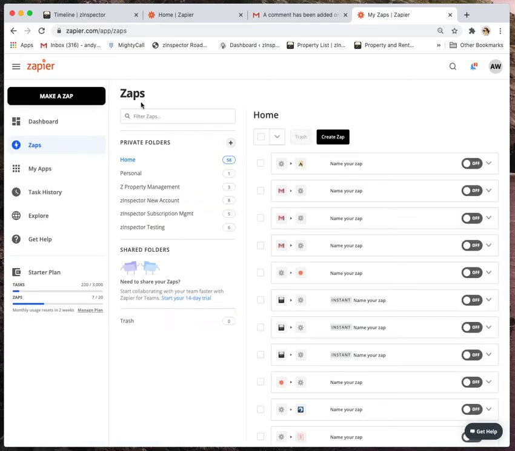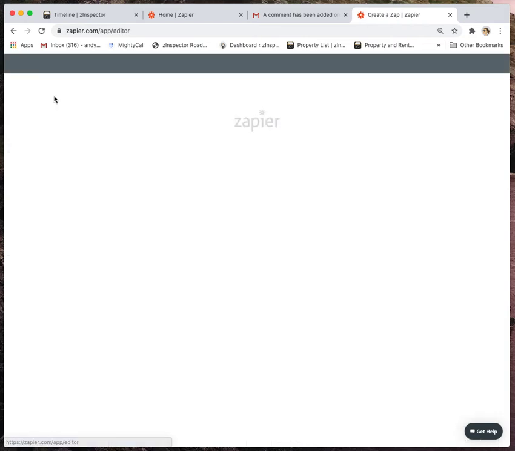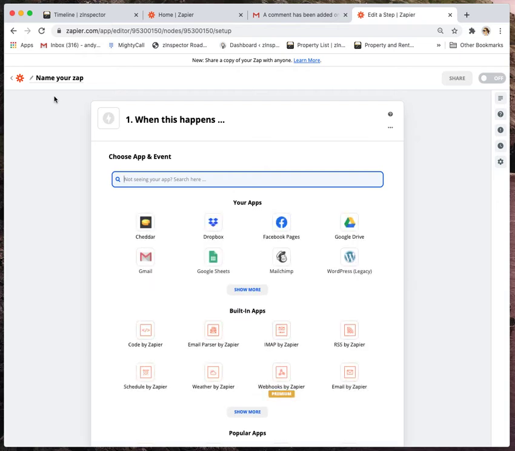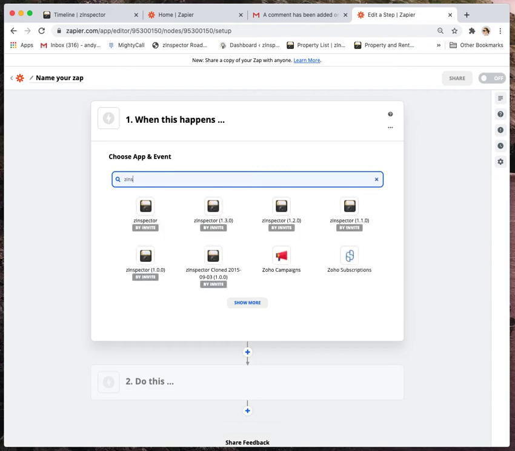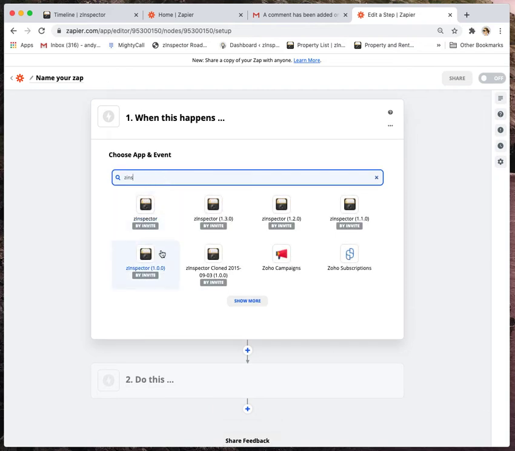So a Zap in Zapier is really something that connects two different programs together. That's what's called a Zap. So let's go ahead and make a new one. So I'll make a Zap, and now you're going to connect the two different things you want to send to each other. So for example, we're going to want to search for ZInspector,